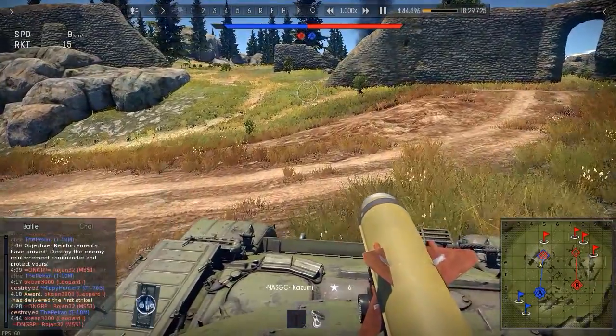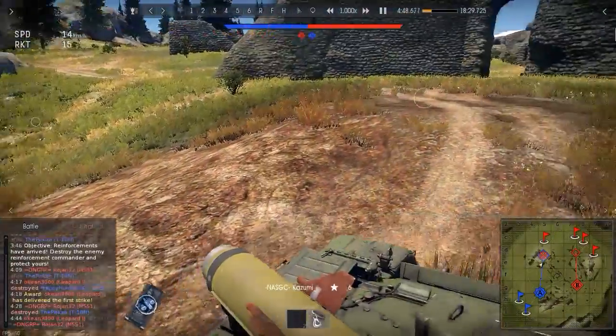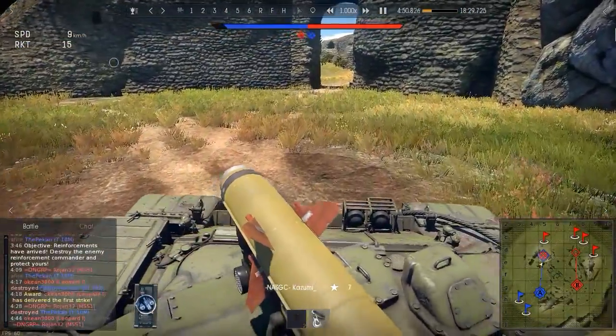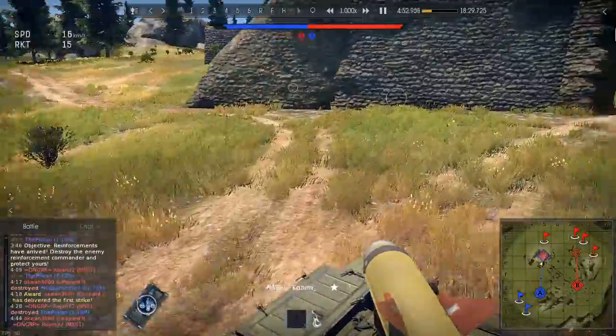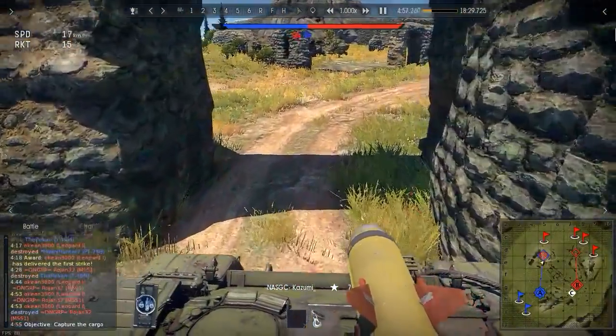Now, he's climbing this hill and he's going to try to recapture his friendly cap point. Now, the thing is, this is a break game mode, this is a break map, which means that he cannot recapture this cap point, but what he does know is there is an enemy tank up here, so he needs to